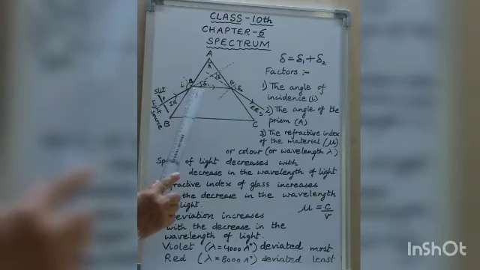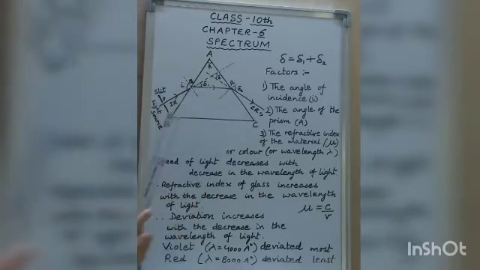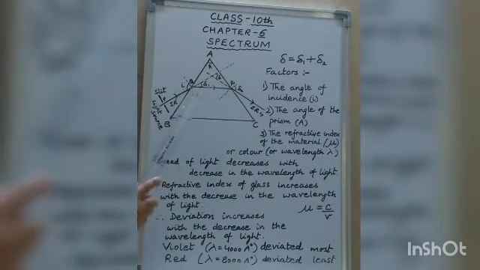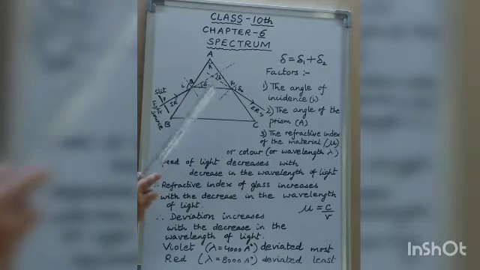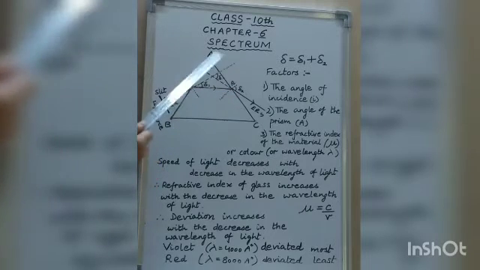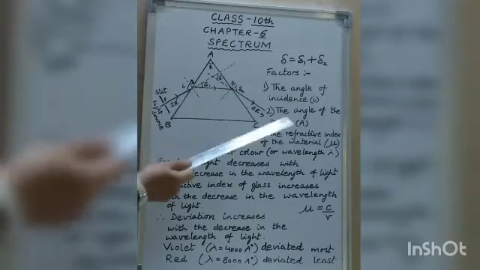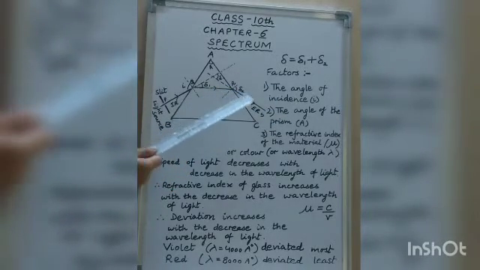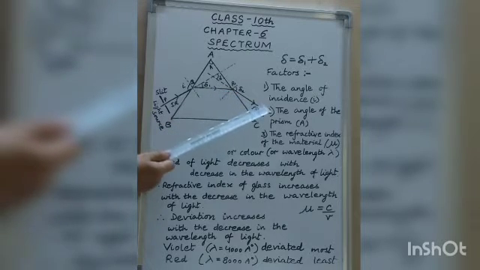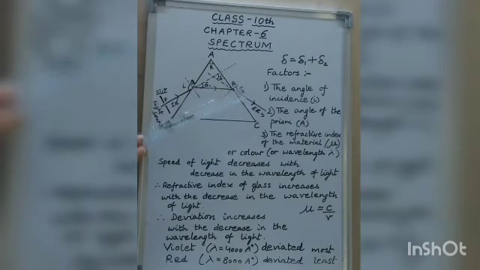The ray of light is bending towards the normal and it passes as QR inside the prism, which is parallel to the base BC of the prism. So this angle delta 1 is called the angle of deviation at the first surface AB. Now this ray QR touches the second surface AC of the prism. Again, since it is going from glass to air, its speed increases, so again it is deviated from its path. It moves away from the normal. Now the angle of deviation at the second surface AC is taken as delta 2. And this delta is the total angle of deviation.